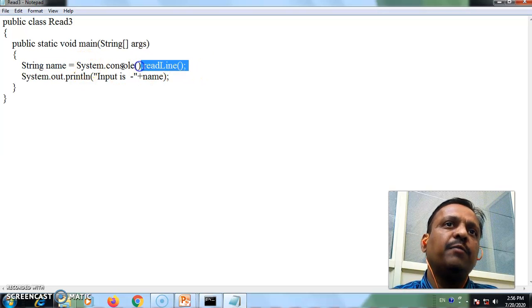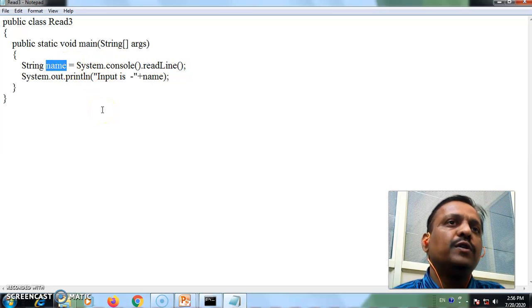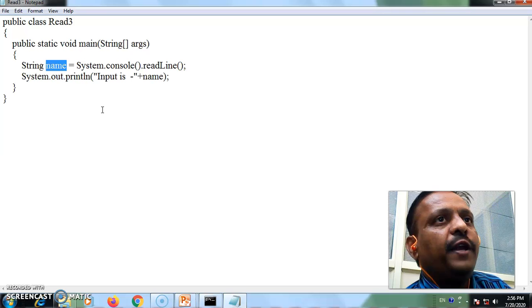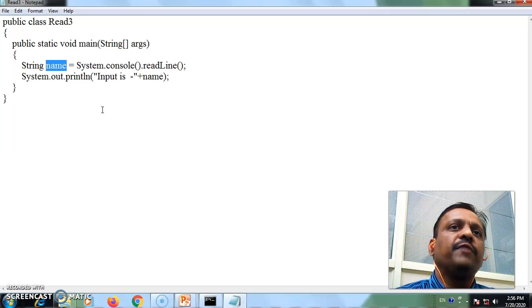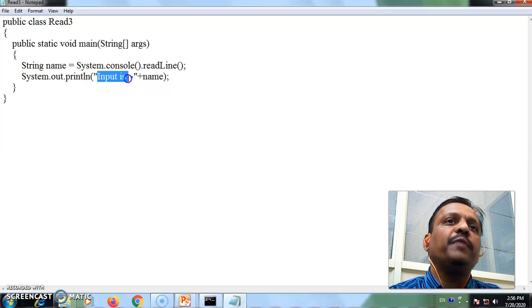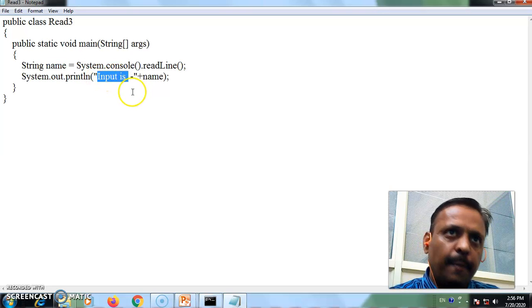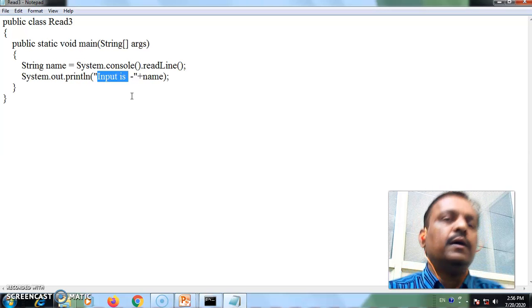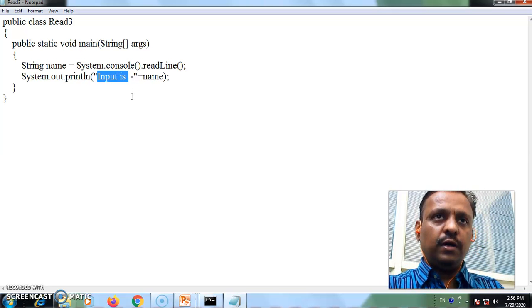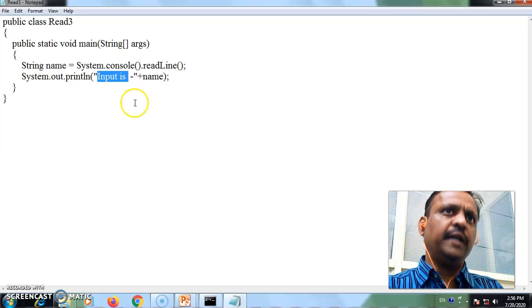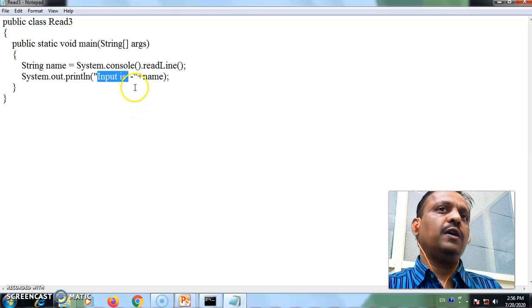You have to read the line from the console and put that line into name. So it is considered a string type variable. Then I have just printed that string type variable here. So this way we can take the input from console.readLine.